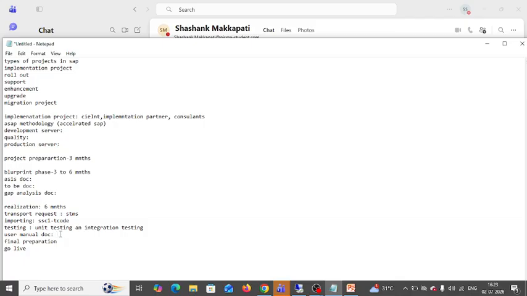No problem. This user manual document consists of all the master data and the transactional data that we have done in the development server. Usually there is one legacy system, and from this legacy system we are implementing everything into SAP. At that time, in the SAP system,